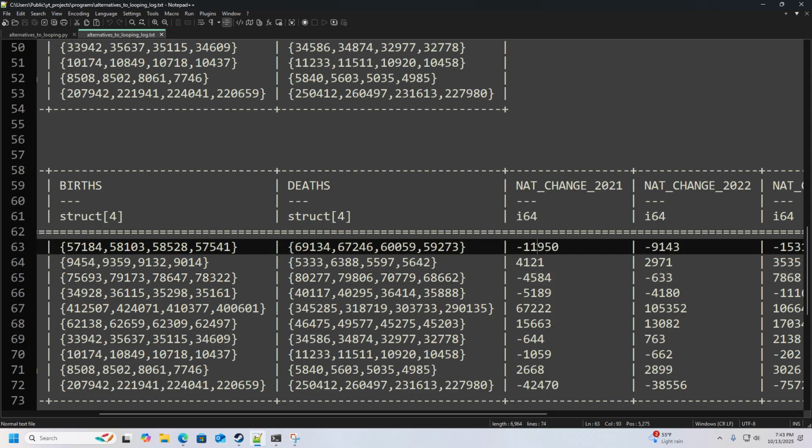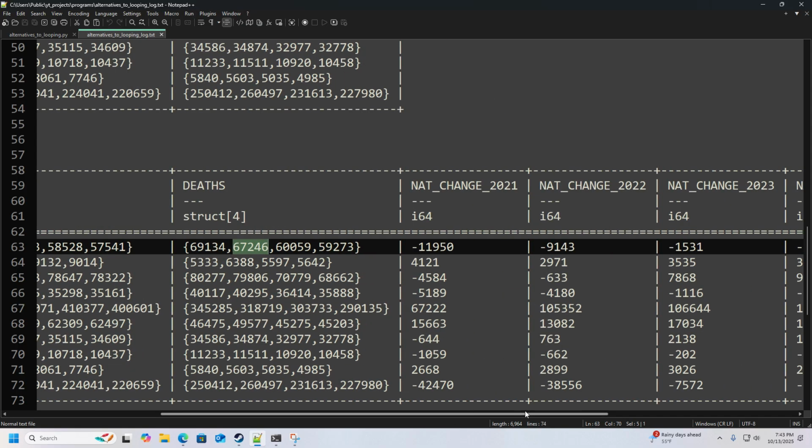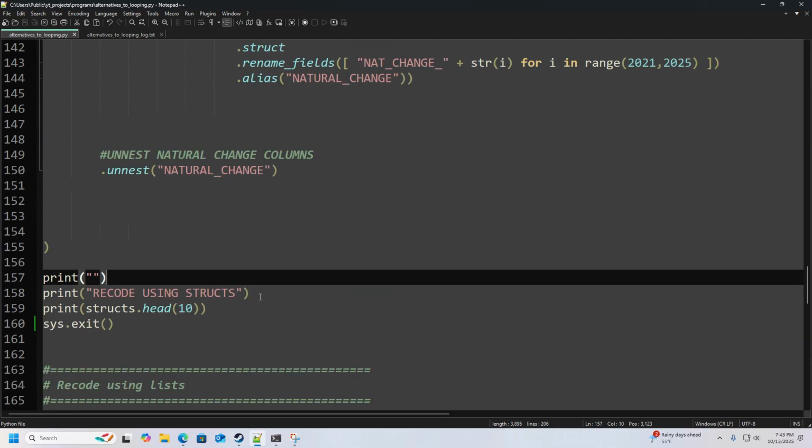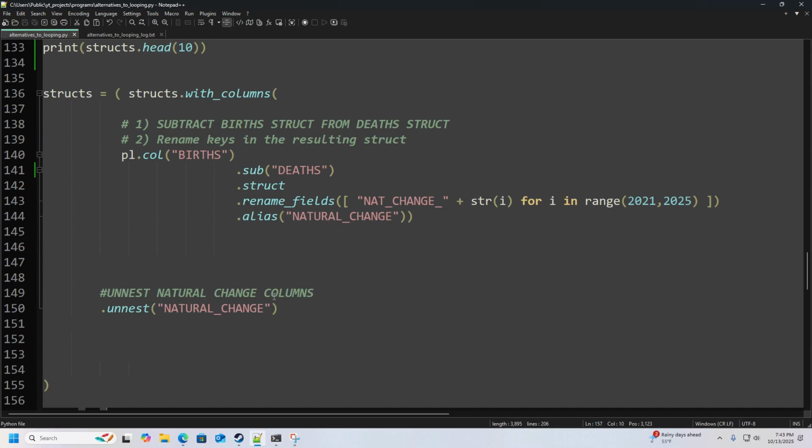So negative 11,950 is the difference between 57,184 and 69,134. Same with natural change 2022. It's just this element minus this element. As we see, structs give us a really good, really compact way of handling data transformations and recodes